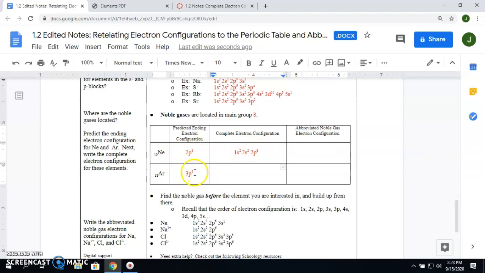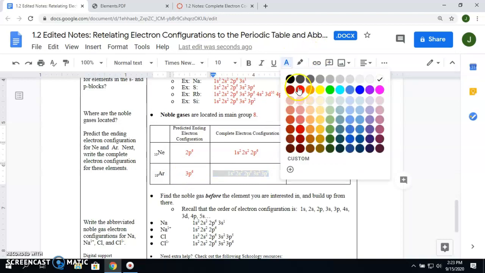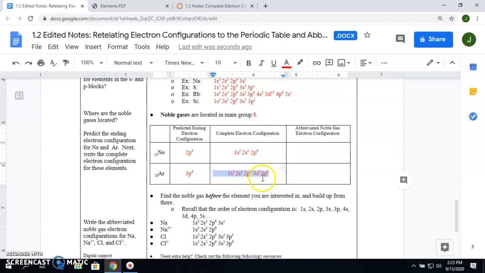All right, our prediction is argon ends in 3p6. We can confirm that by writing out a complete electron configuration. It does in fact end in 3p6. And the sum of the exponents, 2, 2, and 6 is 10, 12, 18, does in fact add up to 18. Now, this is fairly time consuming to write out a complete electron configuration, but if we're good at making